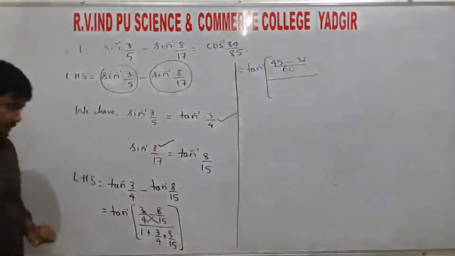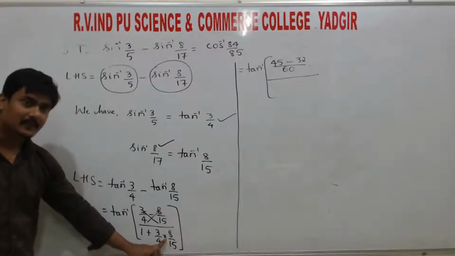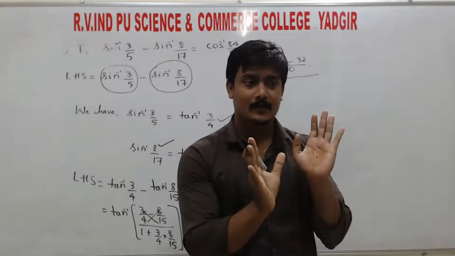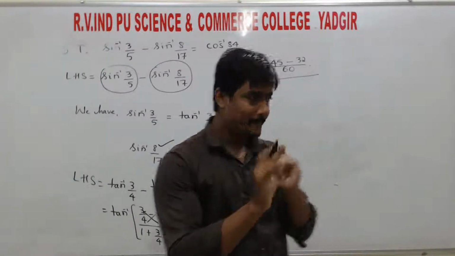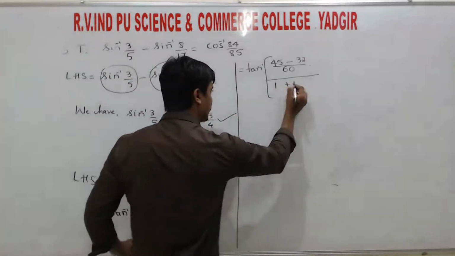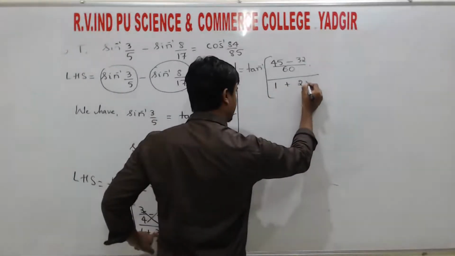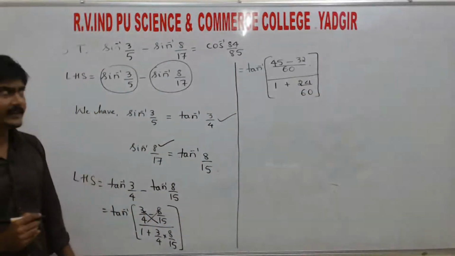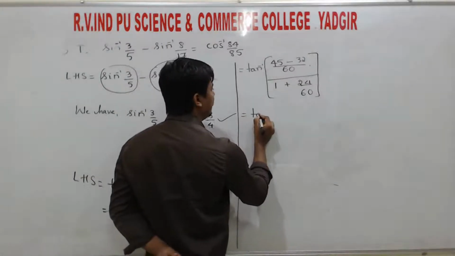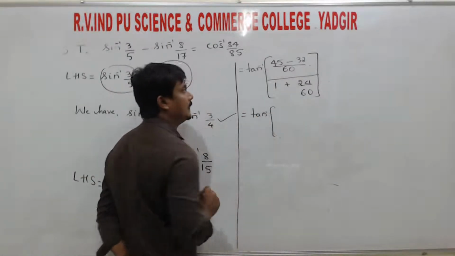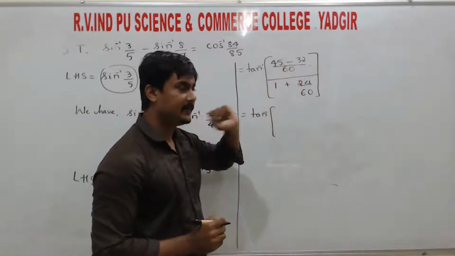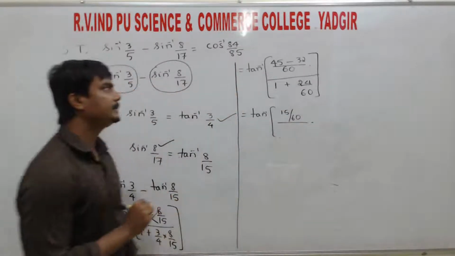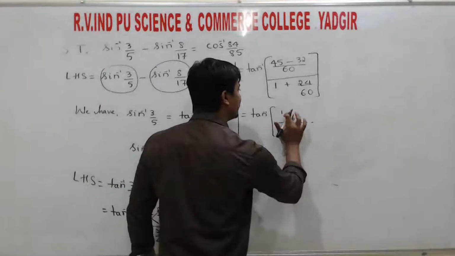Whole divided by, and again don't take LCM here. LCM is taken whenever we add or subtract two fractions, not while multiplying. So this is 1 plus 8 3s are 24 divided by 6. Right? So this is tan inverse of 45 minus 32, subtract these two. This is 13 divided by 60,